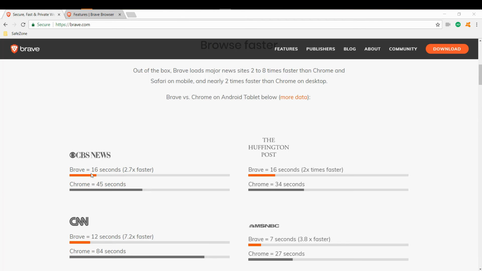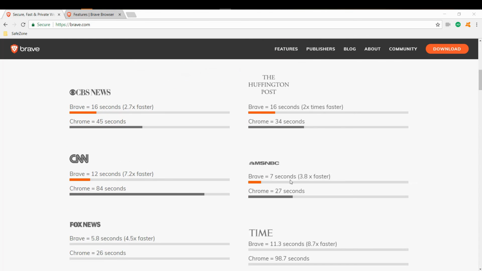On CBS News, Brave 16 seconds, 2.7x faster, Chrome 45 seconds. The Huffington Post, Brave 16 seconds, 2x faster, Chrome 34 seconds. CNN, Brave 12 seconds, 7.2x faster, Chrome 84 seconds. Brave 7 seconds, 3.8x faster,